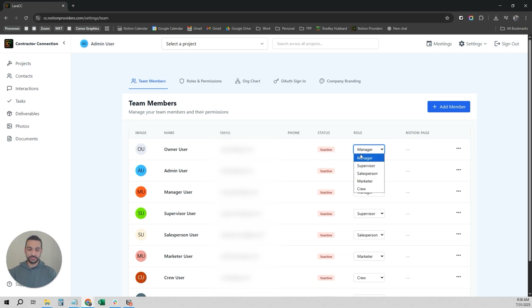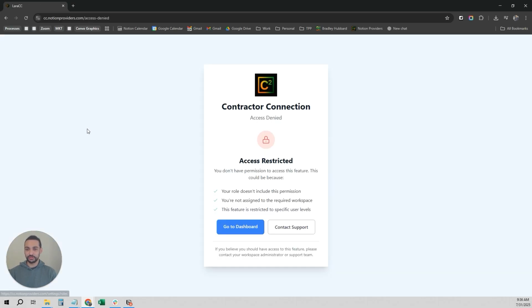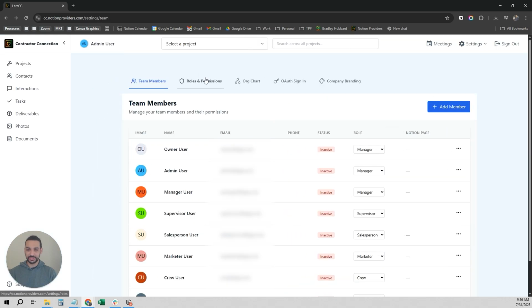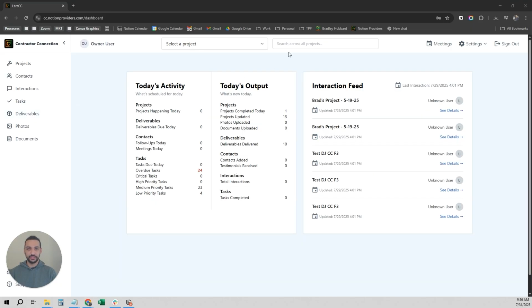And then you have the ability to assign different roles. Roles are default to 7 default roles. Looks like I have that turned off for this account right now. I'll swing back around to show you the role permissions. I'll actually log in right now and show you that. And now that we're logged back into an owner permission over here, I'll show you what it looks like in